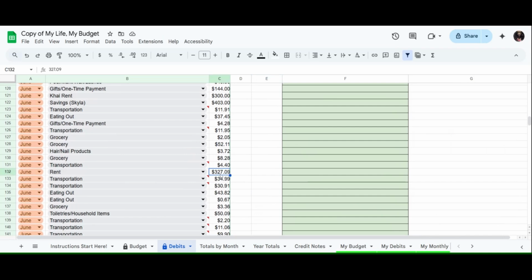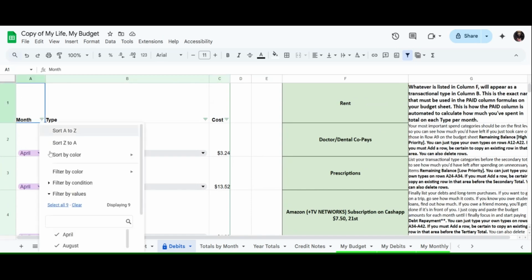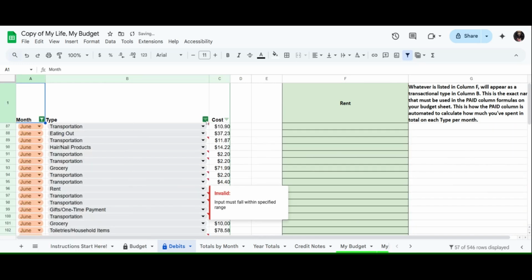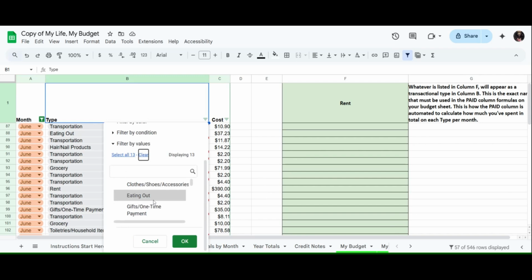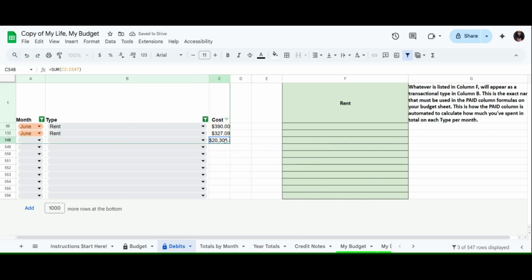If I wanted to see June was 700 something bucks I paid in June for rent, I could filter it to the month of June. So I'm clearing out all the other months and I'm selecting June. And that's all the transactions for June. Now I'm going to clear the type and select just rent. And now you can see there were 2 transactions for June. I'm going to try to total it to show you that it equals that $700 something, but that doesn't work because it's not just filtering out June, it's adding some other things in there. But yeah, that definitely adds up to